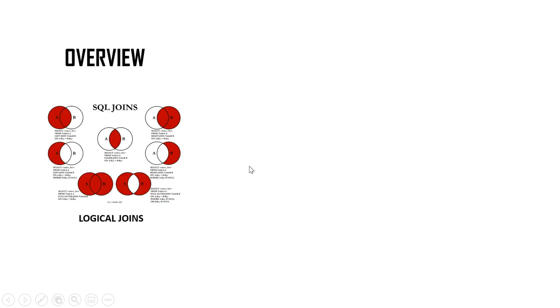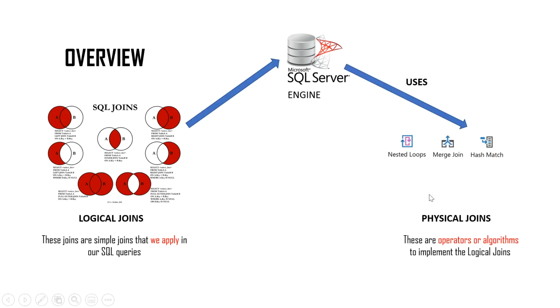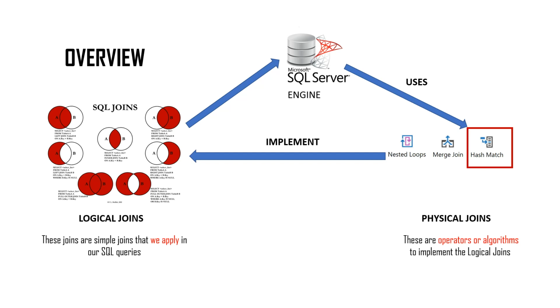So let's take an overview of what happens. Whenever you write your logical joins, the SQL Server uses any of these physical joins, which are the nested loop, merge join, or the hash match join, to implement your logical joins. Today we are going to see what happens when the SQL Server engine uses the hash match join to